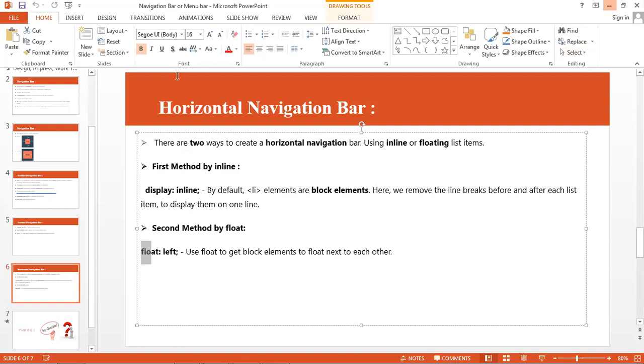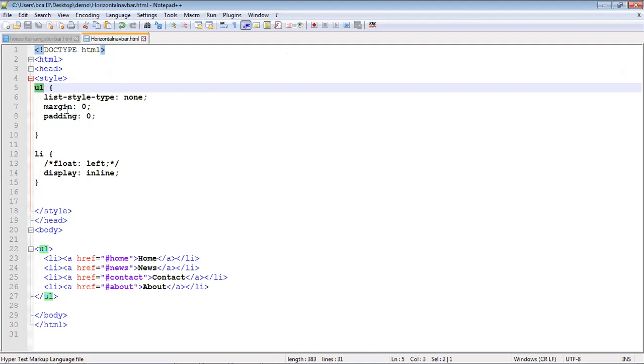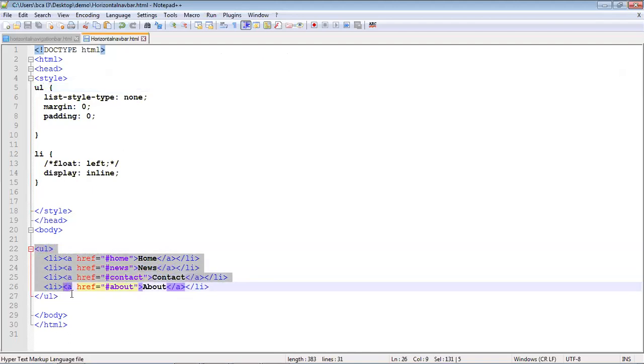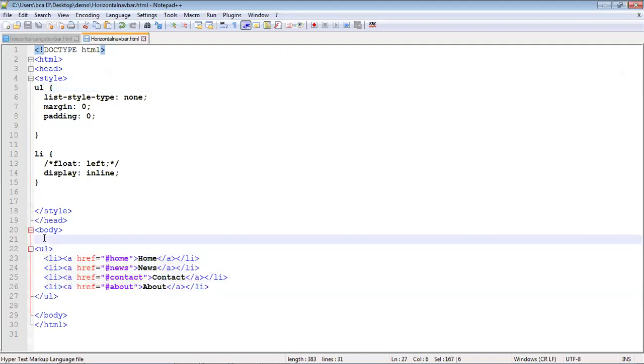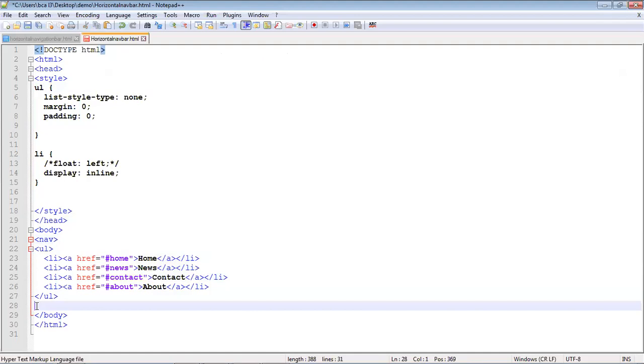First, we already discussed the vertical navigation bar. In a vertical navigation bar we use an unordered list, and we also use the navigation tag. Any navigation tag is used to create a navigation bar. I will show the difference.